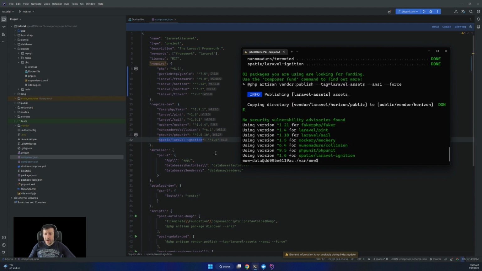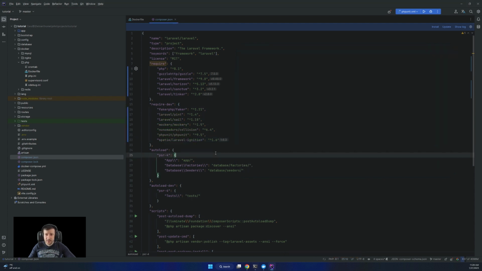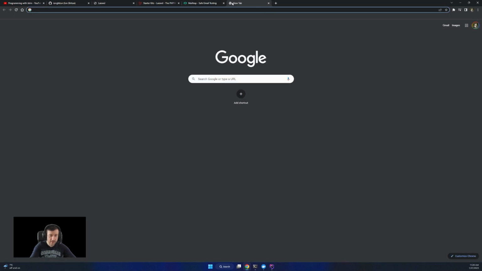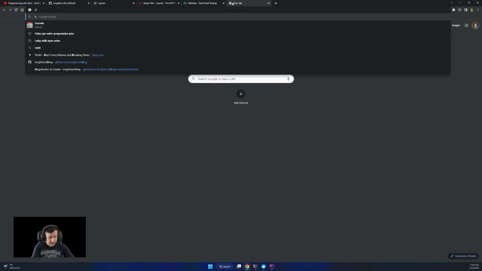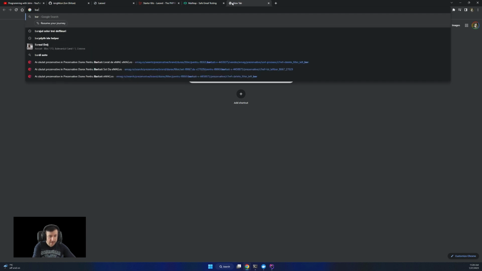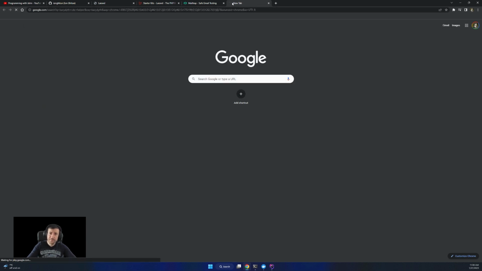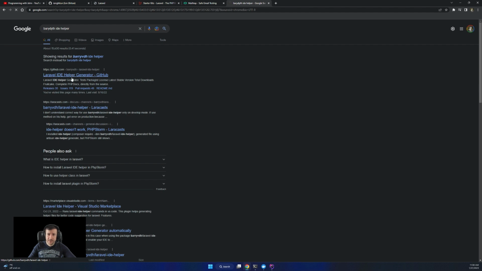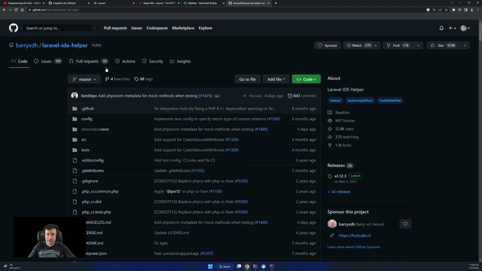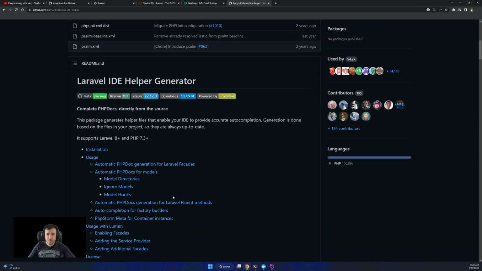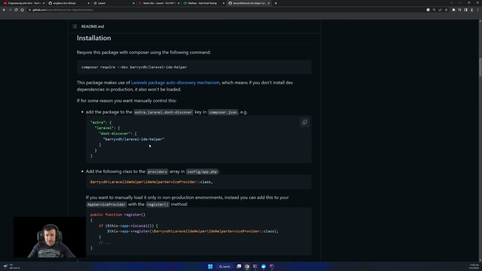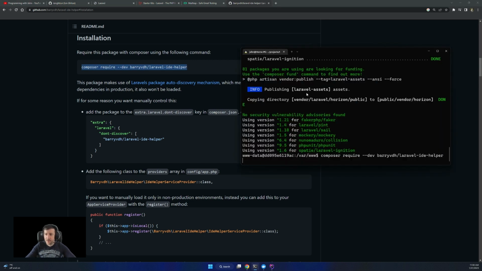There is one other package that I recommend using in the dev. I will show you why it's important. So I'm gonna go in here and type it. That's Barryvdh, the IDE helper. If you are not familiar with what this does, you will learn with me and see why it's important. So we need to install it like this. So composer require --dev